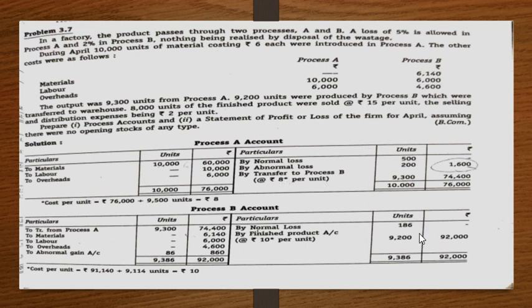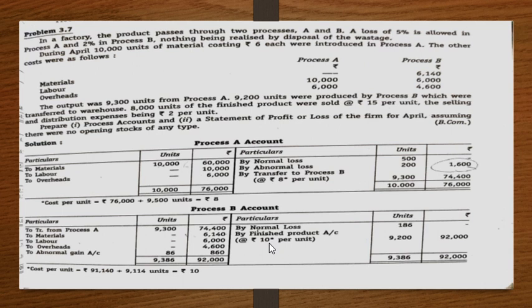The same thing here, for the abnormal gain you have got, the unit is rupees 10. When you get the balancing figure for your finished product or for the amount to be transferred to the next process, and you divide that total cost by the number of units, you get 10 per unit. So this cost as well as the abnormal cost is the same, so it is right here. Make sure that for every problem, at the end, for each process, you mention the cost per unit in the bracket.